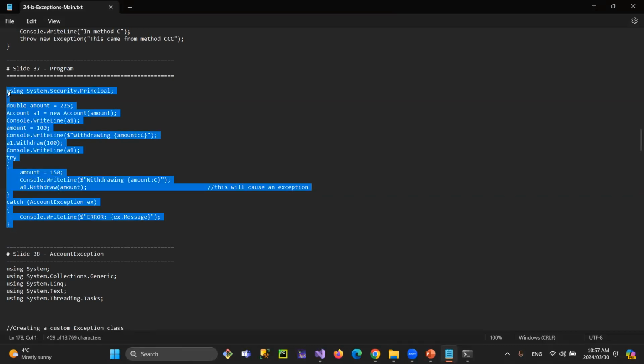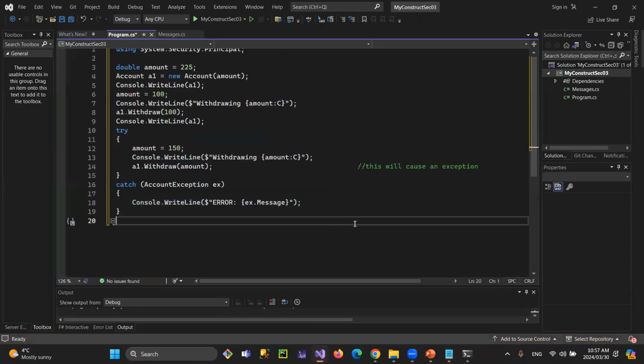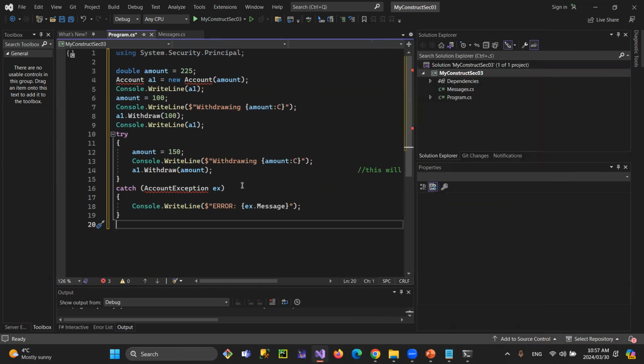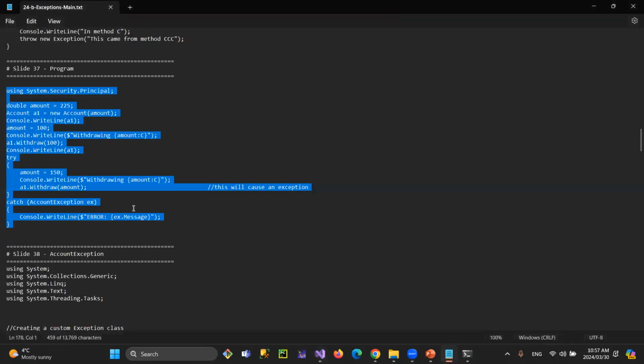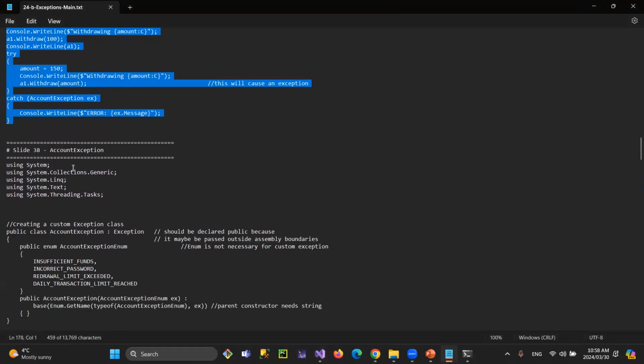I'm going to bring this one, all the code, into here. Control V, and it shows lots of errors. So apparently we need some stuff from some other places. These are from the slides. Let's go and see, in slide number 38, we need to have